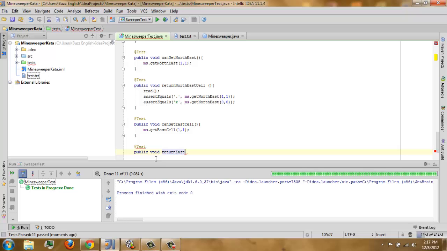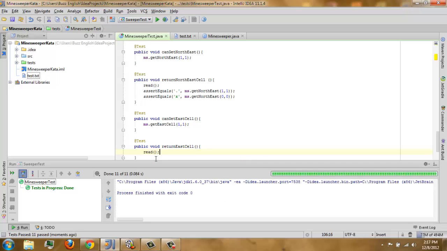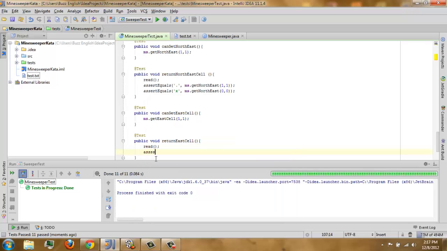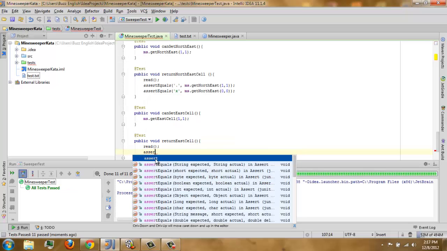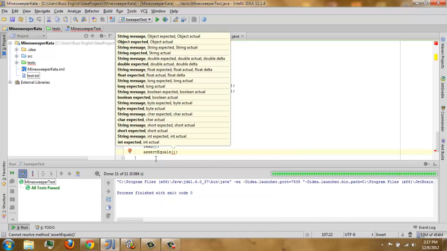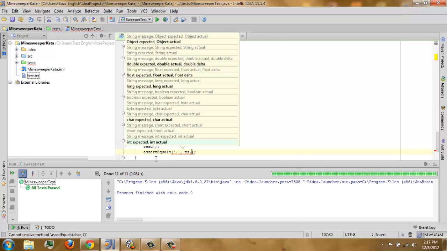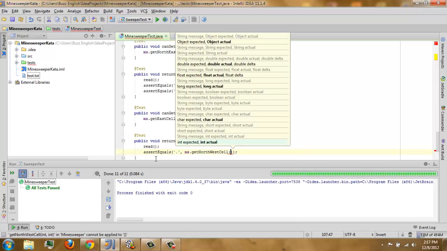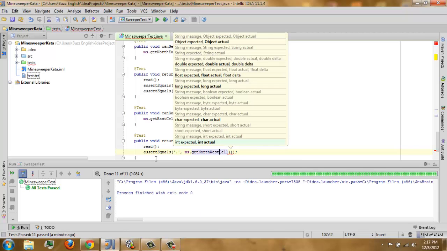East cell, right? Yes, that's true. So this is a true return. Assert again. What's found on the east part is a dot, right? Yes. So ms dot return east.